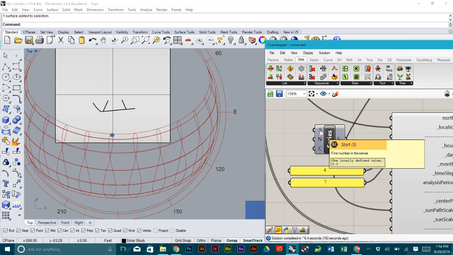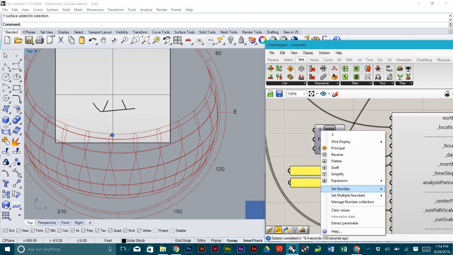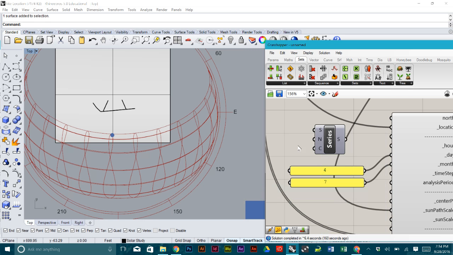So I need a start number. In this case, I'm going to assume that the sun is up by at least 6 a.m. So I'm going to right click, enter 6 for set number. Step size 1 because it's going to look at every hour. So I'm going to keep that at 1. And then count. So I'm going to say it's probably going to be light from 6 a.m. to possibly 9 p.m. I'm not entirely sure. We'll find out. So from 6 to 9, that's